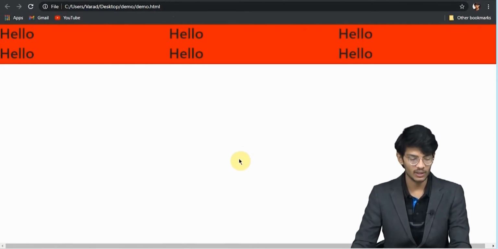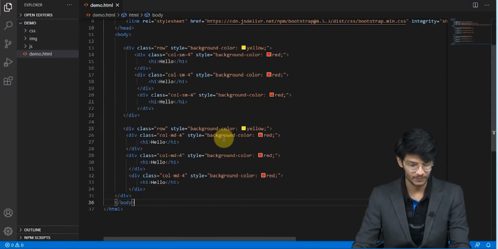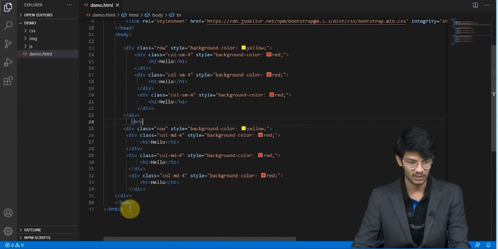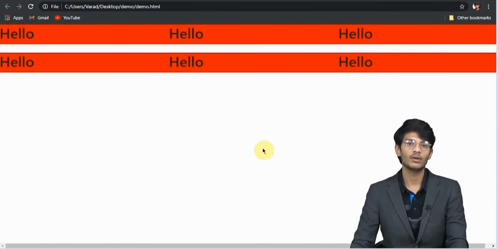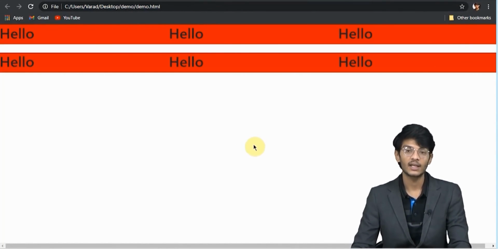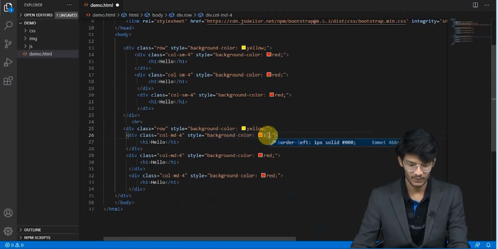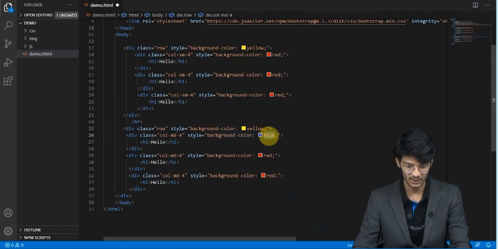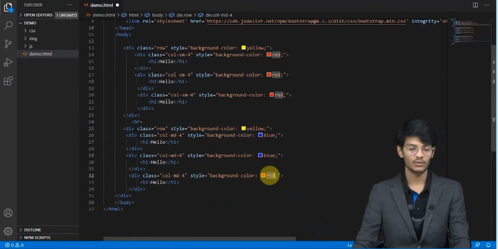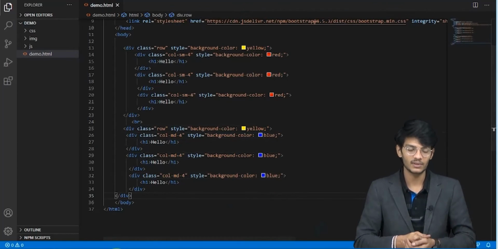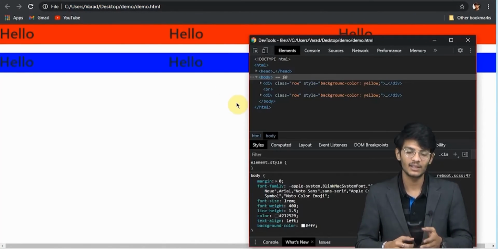Okay, so we got 2 rows and 6 columns in total. So what happens is, the sm row has the red color columns and the md row has the blue color columns.